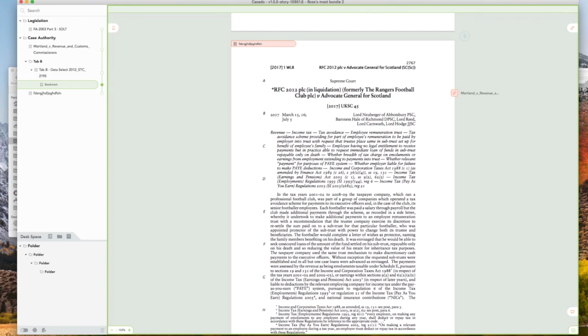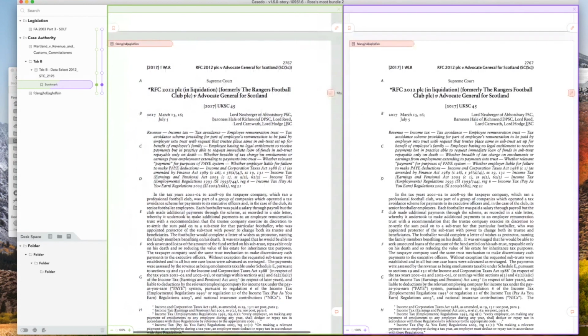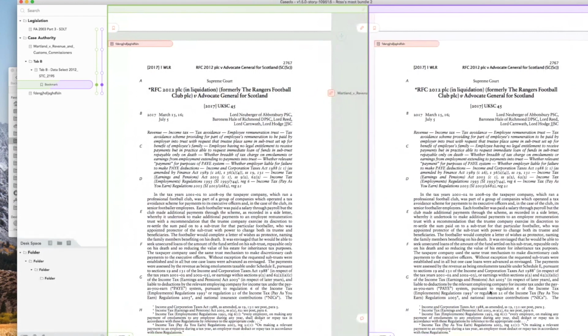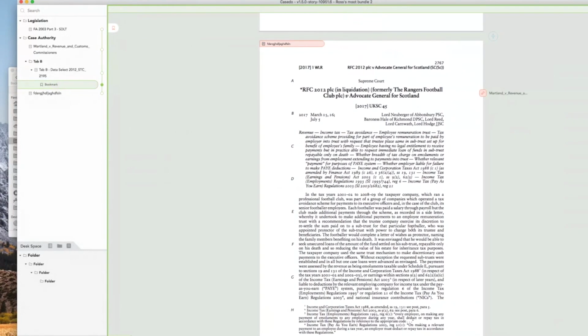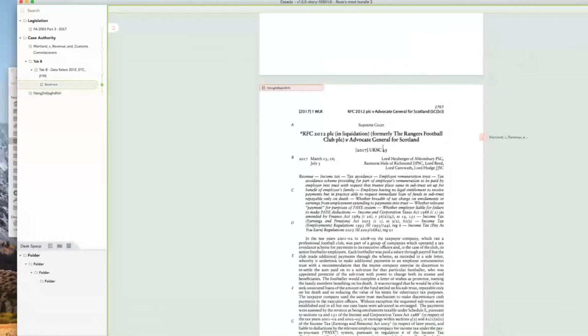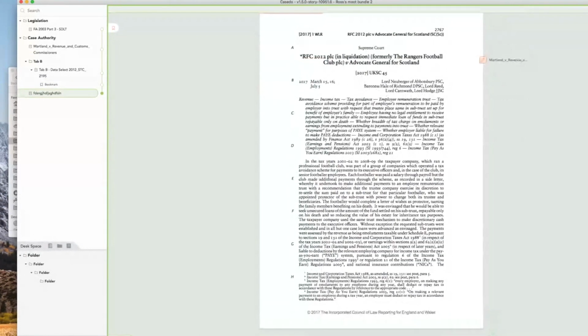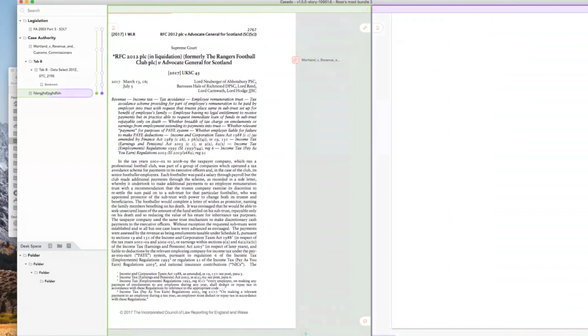Why are there 2 windows, green and purple? So this is something that actually some people don't quite pick up on straight away. You have one bundle in Casido, but you can choose if you want to. If you're on a small screen, and when I originally used Casido for the first year mostly on an 11-inch MacBook Air, where there is simply not room for reading 2 documents side by side, you can work with Casido in a single screen, and that probably makes sense. But it's great if you've got enough screen space to look at 2 pages at once, and you do that by opening up a second window in the right-hand corner.